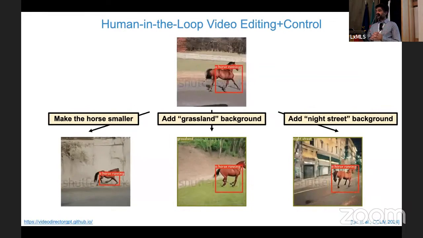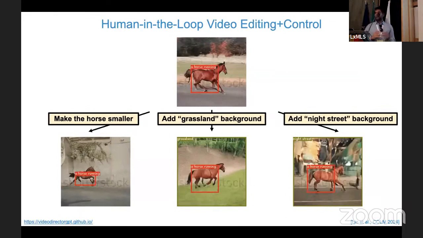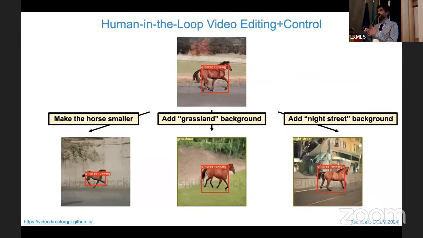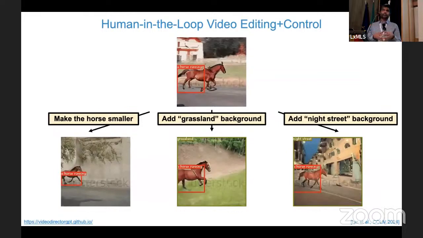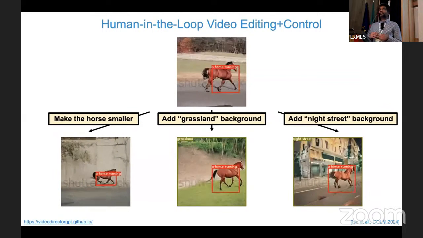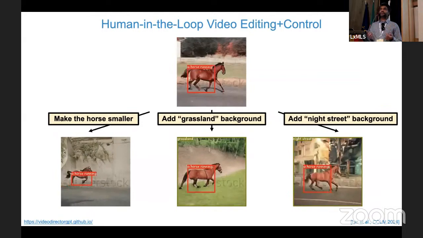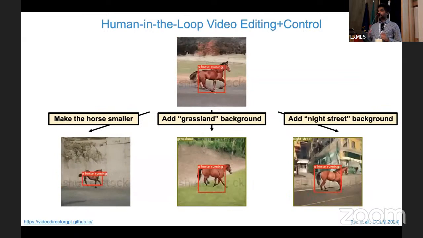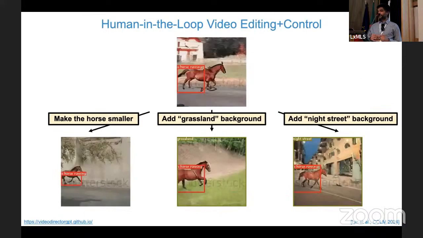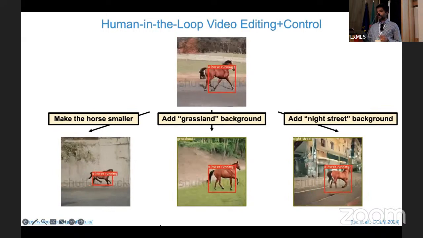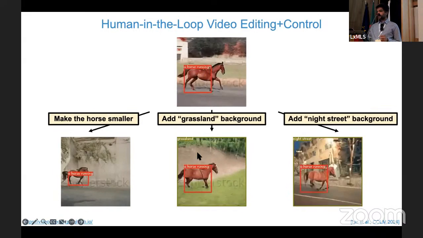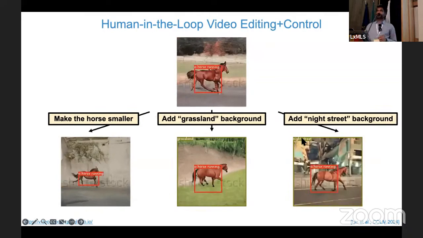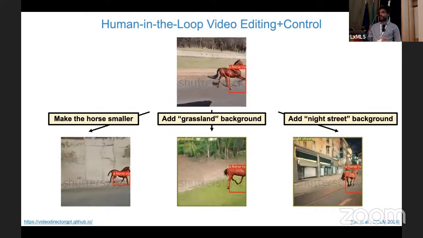A more important feature, in my opinion, like I said in the very beginning, is that this whole paradigm of LLM planning agents for image or video generation allows human-in-the-loop control, right? So it's not that I will just keep trying different prompts or try to find a prompt optimizer. I can actually go inside the generated video, and if I don't like certain bounding boxes or certain parts of the plan, I can make the horse smaller. I can change the background to a grassland or a night street. So this is the way you can actually go inside the process,